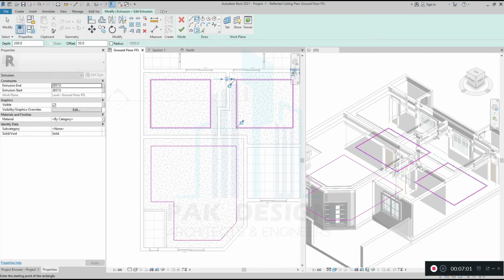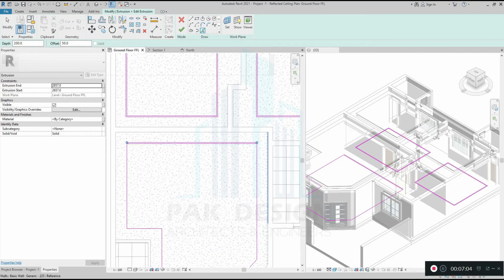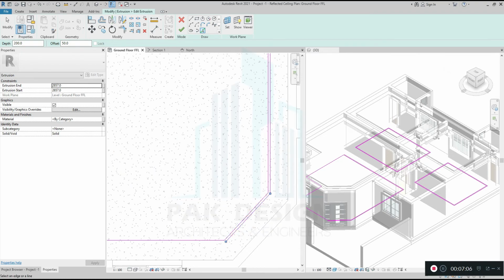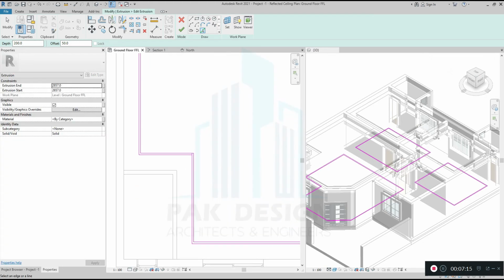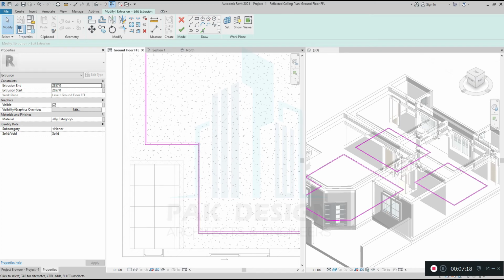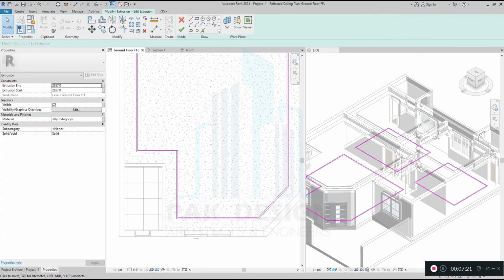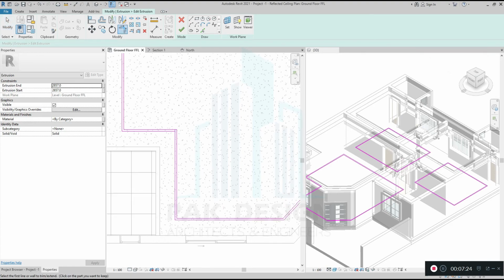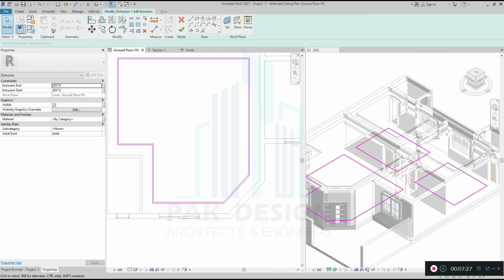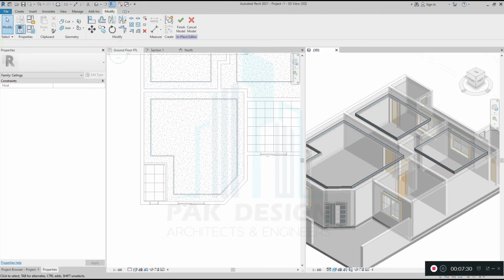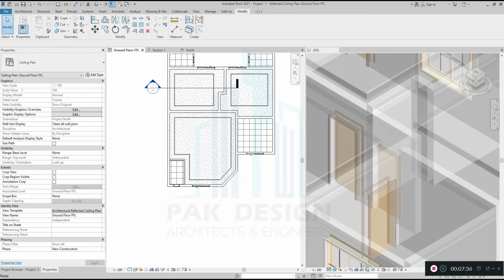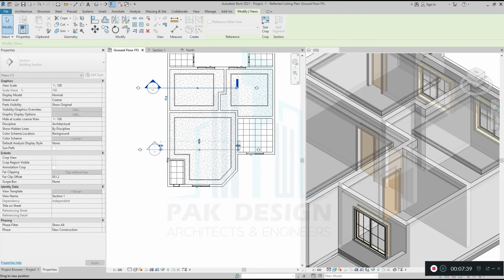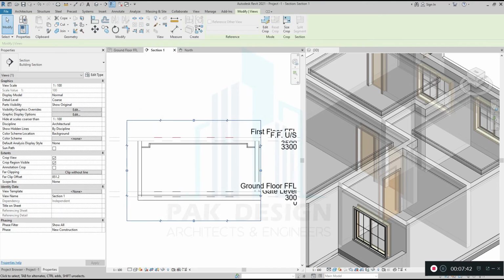Okay, here we will make offset 50, close. So we can see the scope has been done, okay, finish. Now if you want to see, you can see in section layout, that's done.